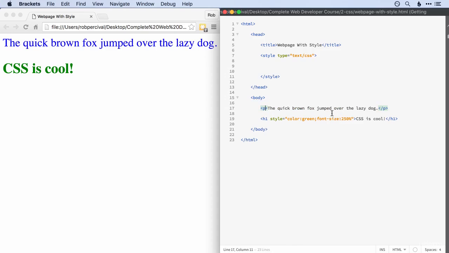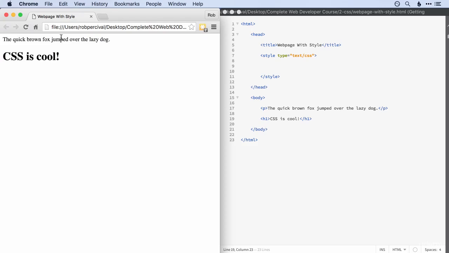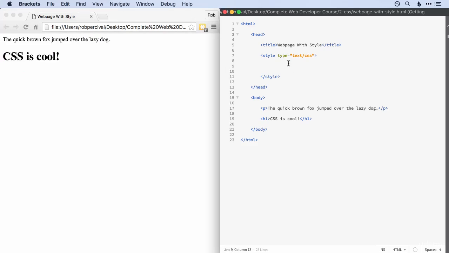So let's get rid of all the styles that we have and see how we can apply some styles from here to our code in the body. So just to reset everything, we're now at the start with no style. So if I want to apply, let's say, the color red to this paragraph tag, then what I would do is I would start with a P to say that I wanted to apply this style to all the P tags in the document, and then some curly brackets,